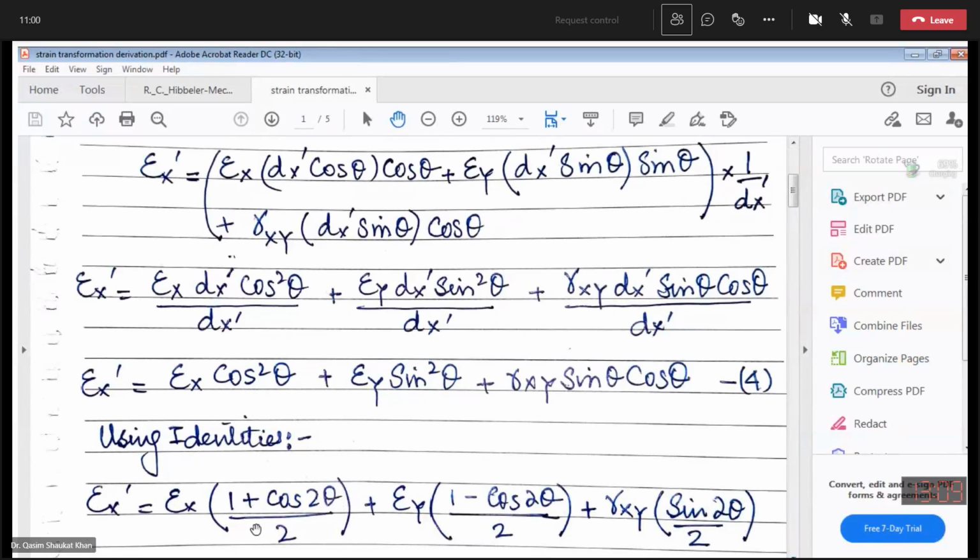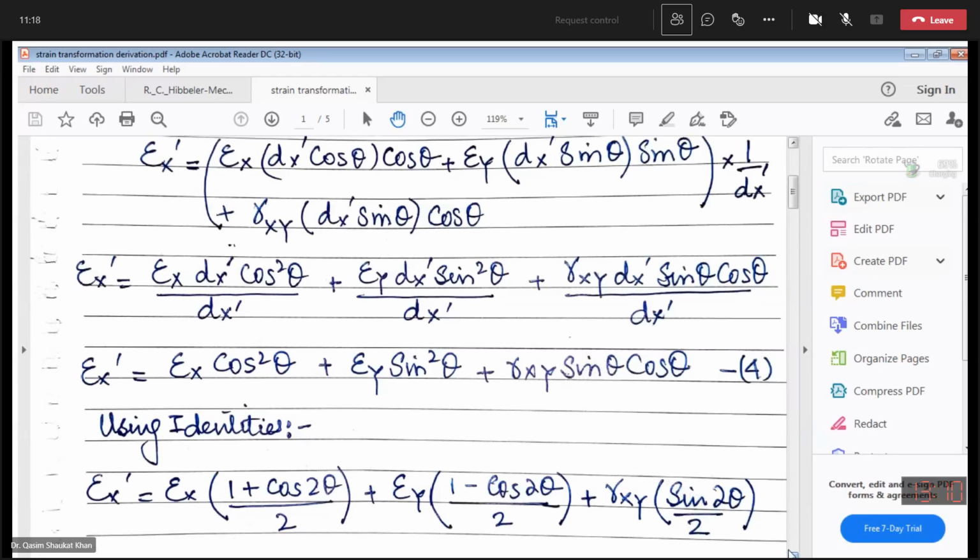Cos square theta is 1 plus cos 2 theta over 2, and sine square theta is 1 minus cos 2 theta over 2. And then we know that 2 sine theta cos theta is sine 2 theta. So because over here you have just sine theta cos theta, it will become sine 2 theta over 2. So in that case,